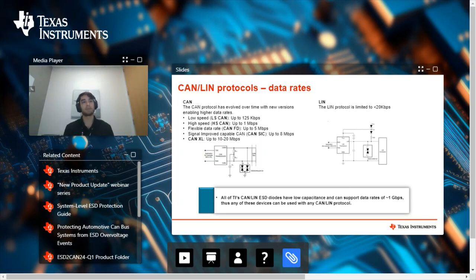And for your clamping voltage specs, you're going to want to look at that CAN and LIN transceiver you're using. For TI, the pin ratings for CAN H and CAN L transceivers are going to range from 14 volts all the way to 70 volts. And for LIN, these are going to vary from 40 volts to 60 volts.